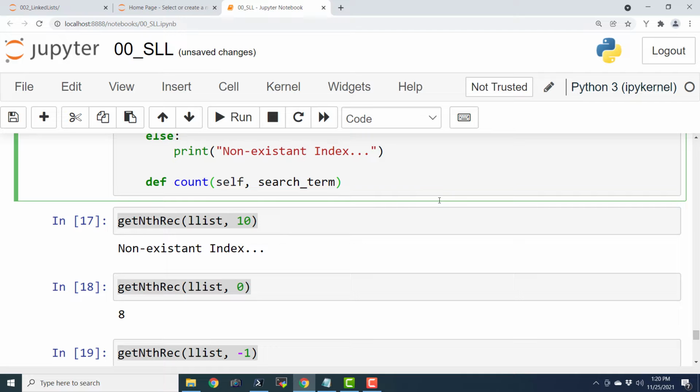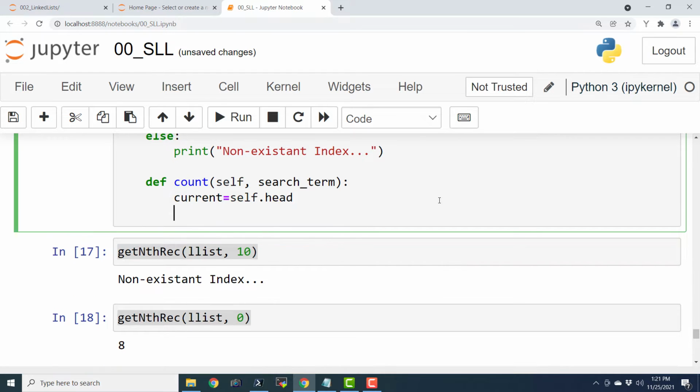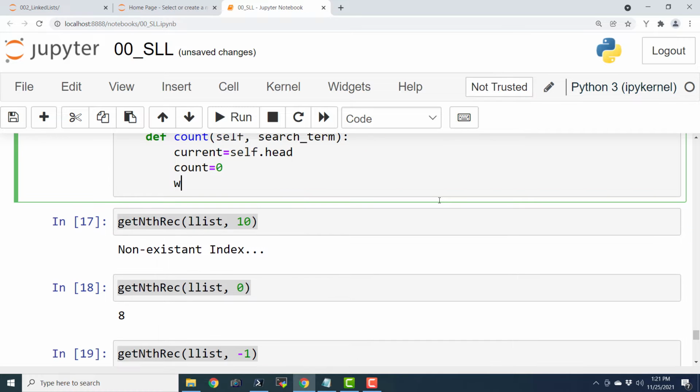So this is the particular integer, and current equals to self.head, so this is a temporary node, and count equals to 0, and while